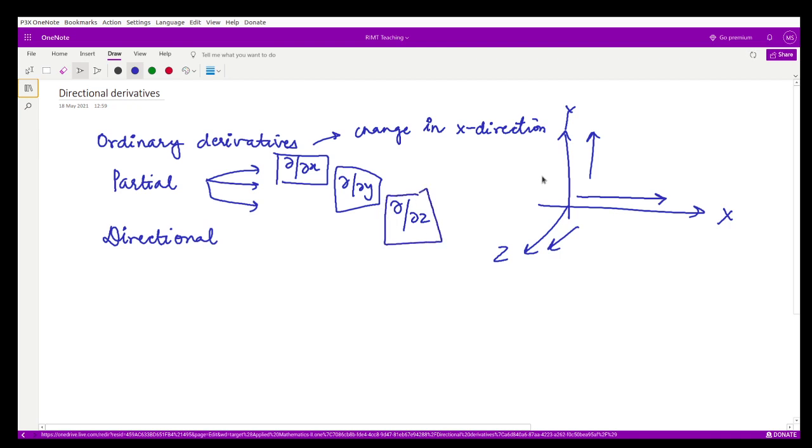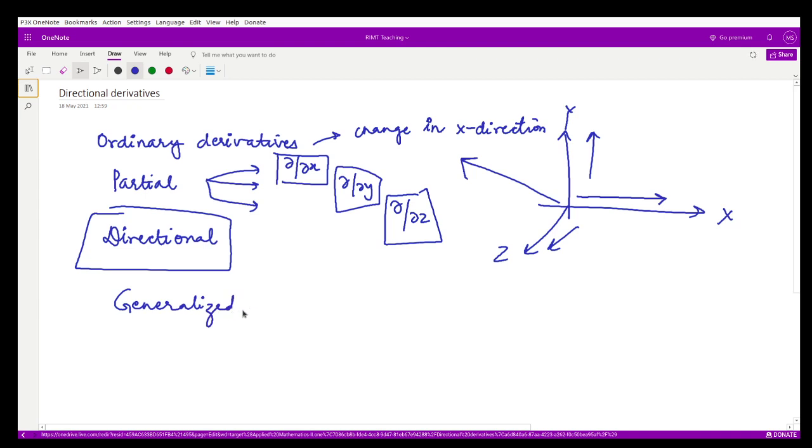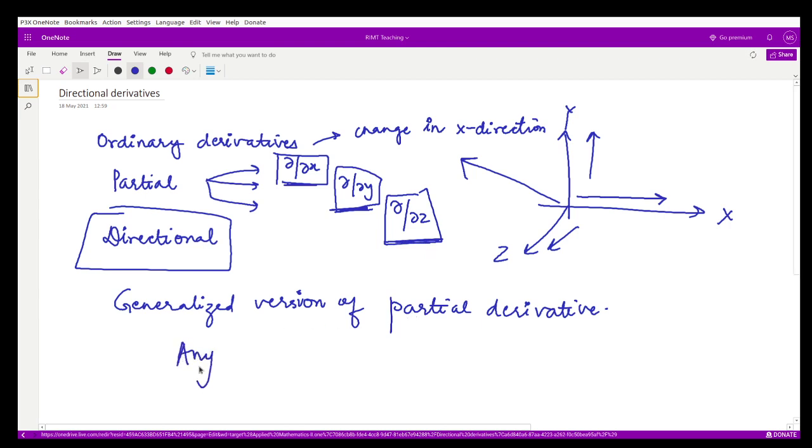Now what if I wanted to have a change in some arbitrary direction? I say you go along this direction and tell me what is the change in the given function. So for that we need the directional derivative. So we can say these are a generalized version of the partial derivative, in which in partial derivative we are limited only to three directions, x, y, or z. Here we can take any arbitrary